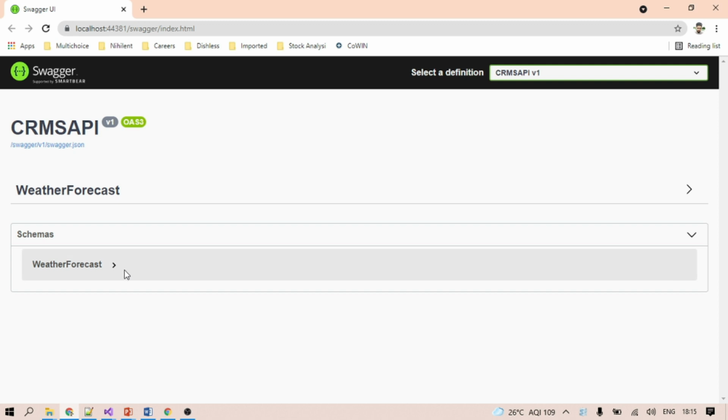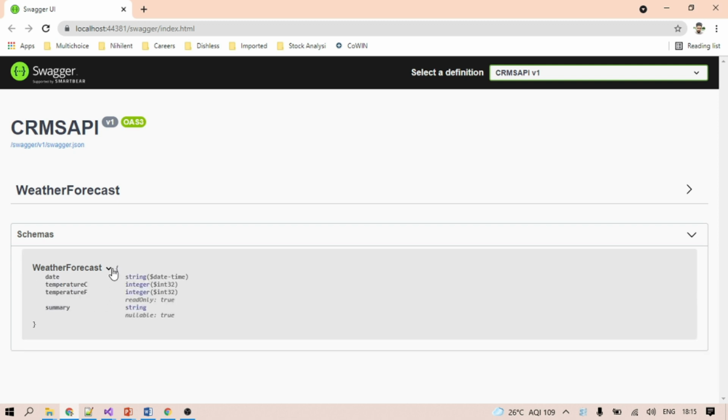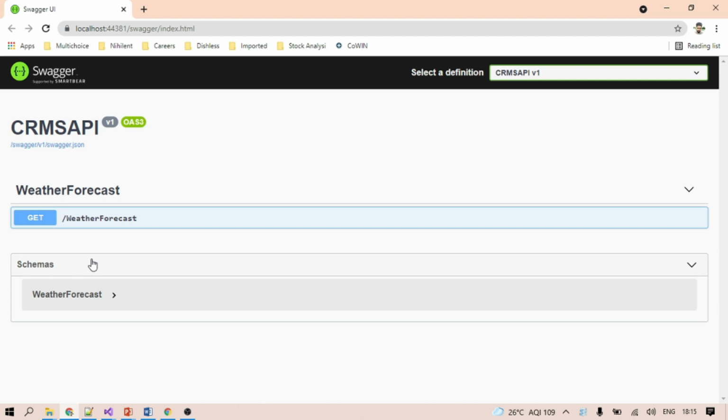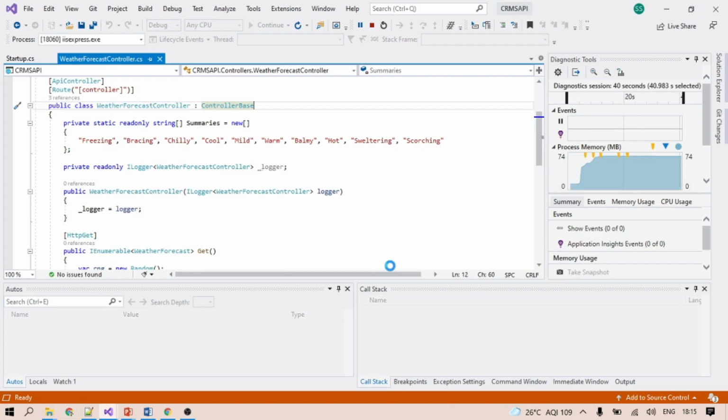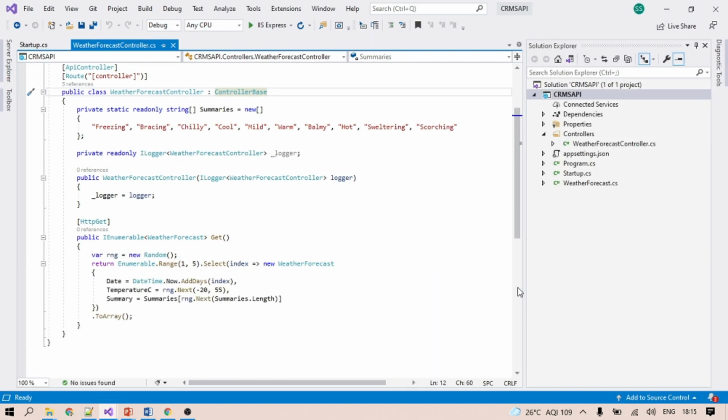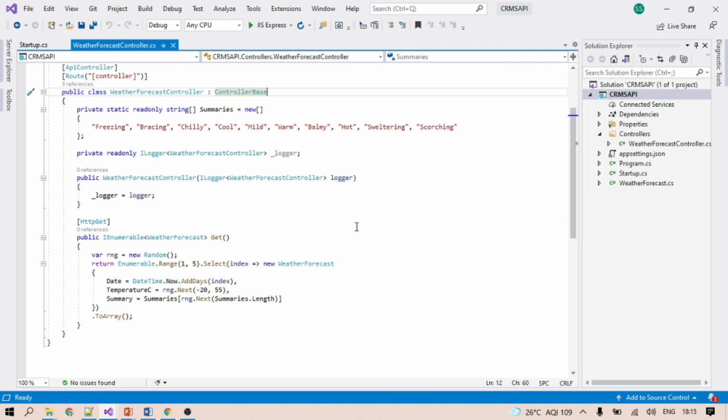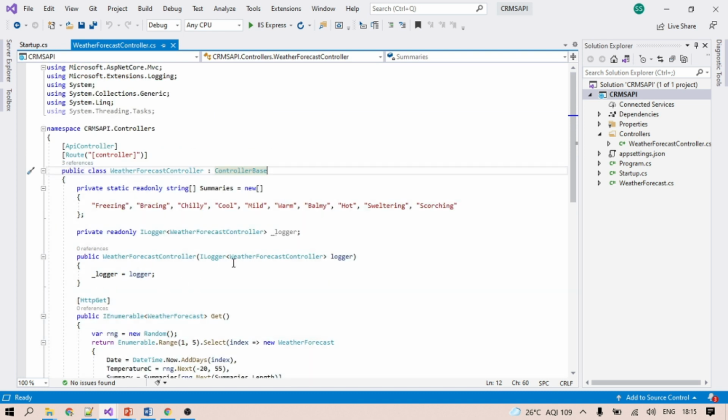Here this is the controller. You can see some methods might be implemented here. Yes, a get method is there, Get weather forecast. One method is implemented by default in this controller, and we don't need to use it. This is actually a sample method. We will continue with our own logic, what we need to do and what we are supposed to do for our implementation. You can see some logic and code is already there.